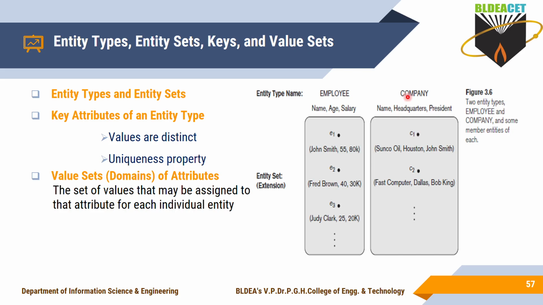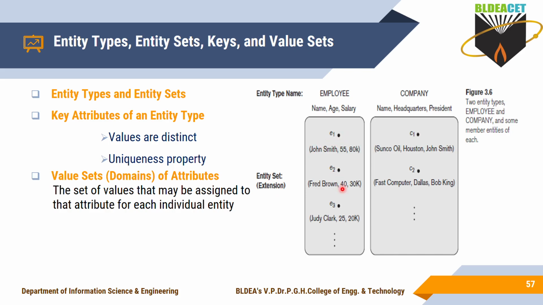Then company is what now? Company is the entity type here. And all this group E1, E2 and E3, all these are what? Group of entities. This group we call as what now? Entity set here. Okay, entity set is what it is? Group of the entities which share the common attributes, and those group of the entities we call as an entity set. You can also tell it as an extension here. Extension and entity set is what?